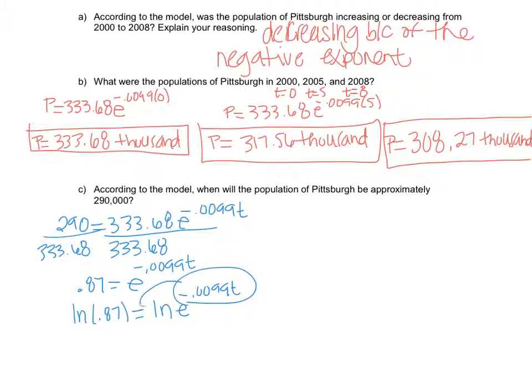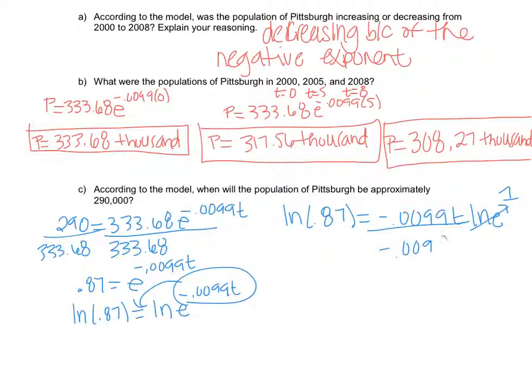Drop this down in front using our log rules. So we get ln of 0.87 equals negative 0.0099t ln e. Our ln e goes to 1, and you divide out